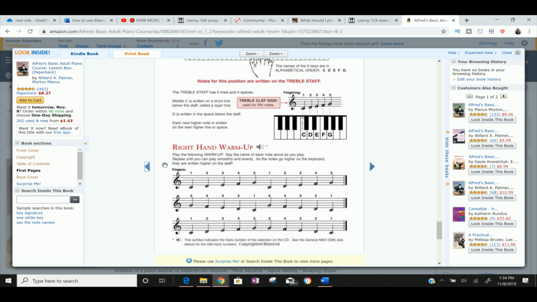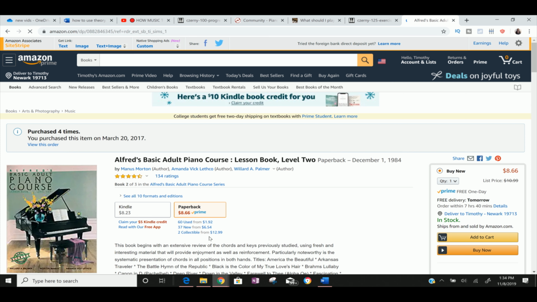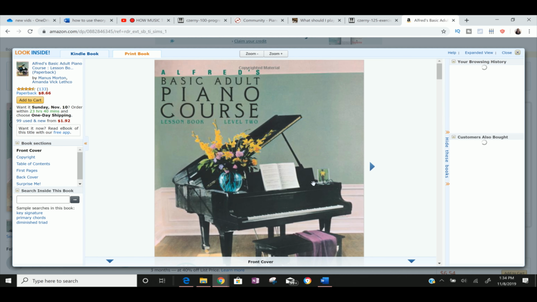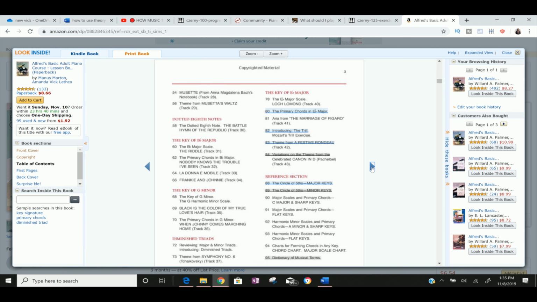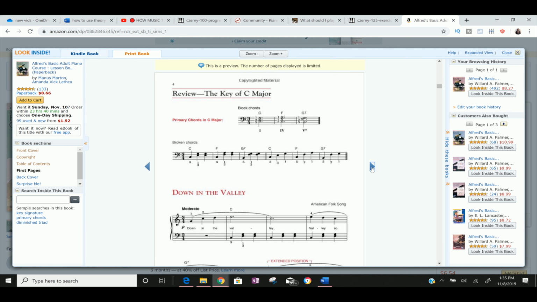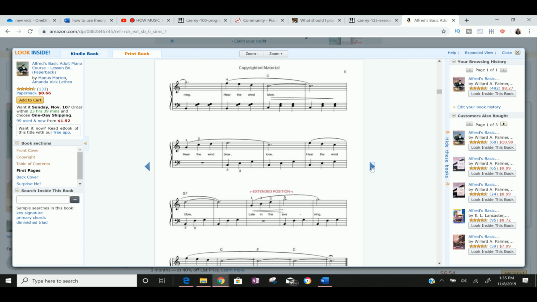Now, say you take a look at the end of the book and you're still way above that level. Well, there's level 2 as well, which picks up where the last book left off. And this is great because, like I said, it gives you a nice selection of pieces in an order that makes sense. I might even think about integrating the two. But you can use these books